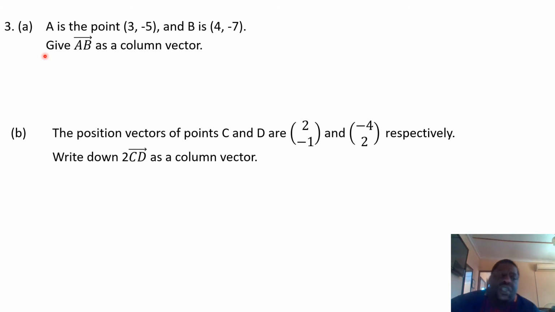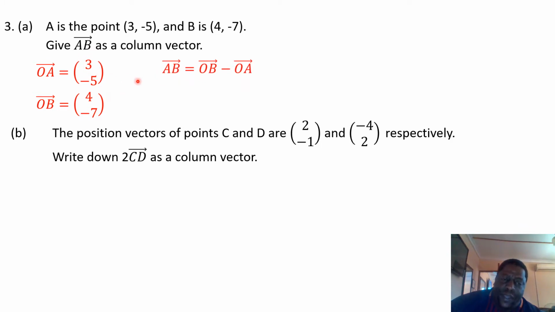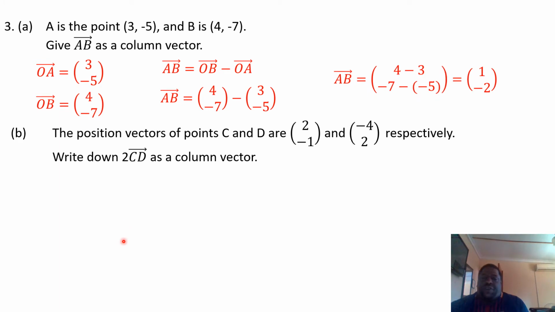Right, here you have got 3a. It says a is the point 3 comma negative 5 and b is the point 4 comma negative 7. You see, these are given as coordinates. So first we have to write them in terms of displacement vectors. Same component, just written in vector form. The same with OB. So if you have AB, it will have to be OB minus OA. So you needed to write in that form first, and then you simplify and give your answer as 1, negative